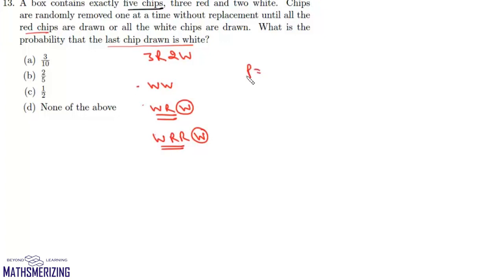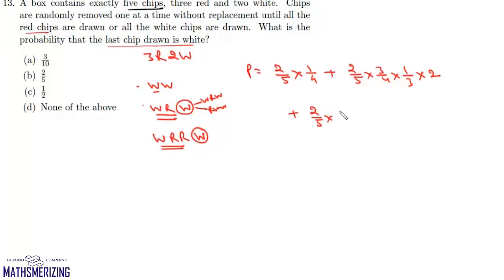Required probability will be, now this is white into white. Now probability of drawing a white chip is 2 by 5 into 1 by 4 plus, in this case it will be 2 by 5, red is 3 by 4, and then white is 1 by 3 into, now this we have 2 cases, WRW or RWW. So we have to multiply it with 2 and then plus,